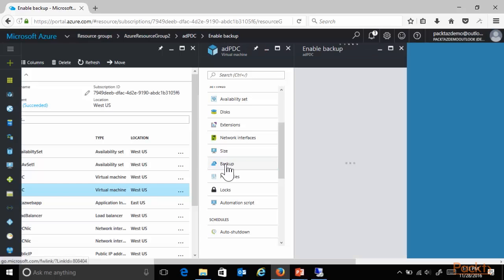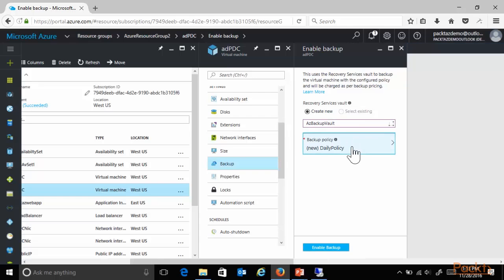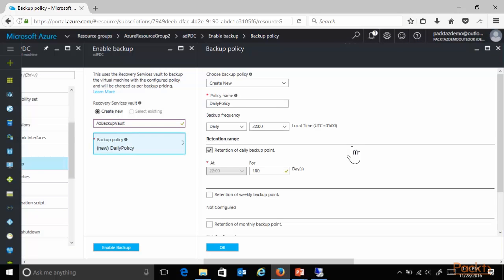Portal is doing a bit weird for the moment, but we'll get there. And I'm going to create a new vault. This is Azure Backup Vault. And at the same time, linking it to a backup policy. I can create a new one. If I already configured the policy for other virtual machines, then I can reuse the same policy,